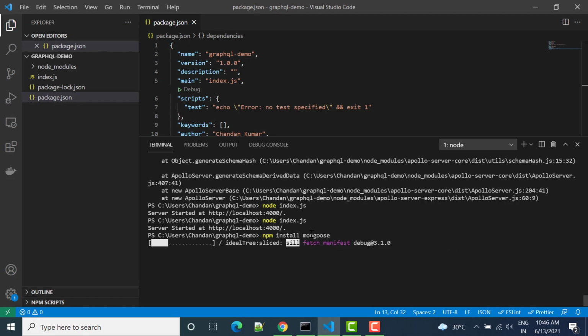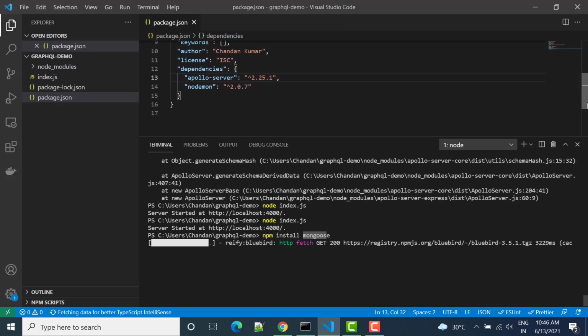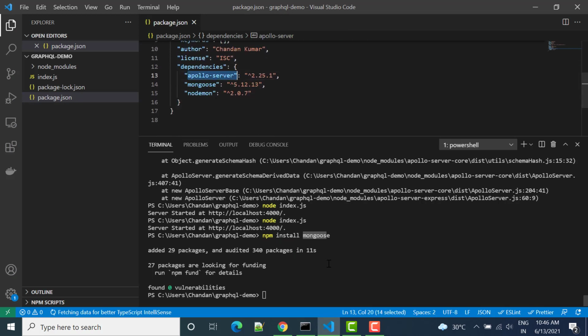So one package we are going to install, that is Mongoose, and after that we will also install the GraphQL package. As of now we have installed Apollo server. Now we will also install GraphQL, only GraphQL. So this package we also need.